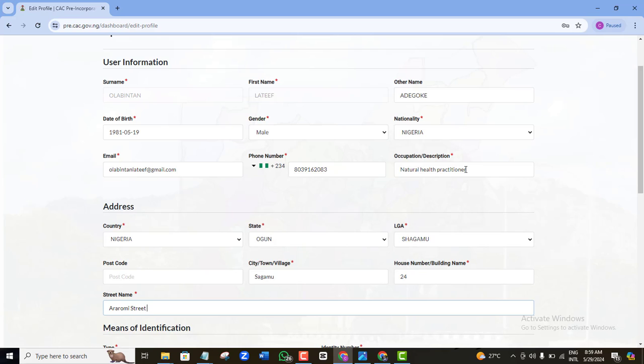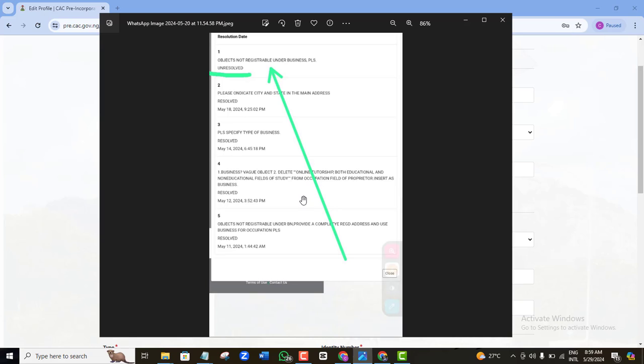The only time that you are allowed to use another kind of occupation is, for example, if you are opening a hospital, and they say occupation, you cannot put business. Rather, you're going to put a medical doctor. That one is different. I hope you understand that. So you want to make sure that you change the occupation to business and then you resolve your query. So that's how to fix this query.